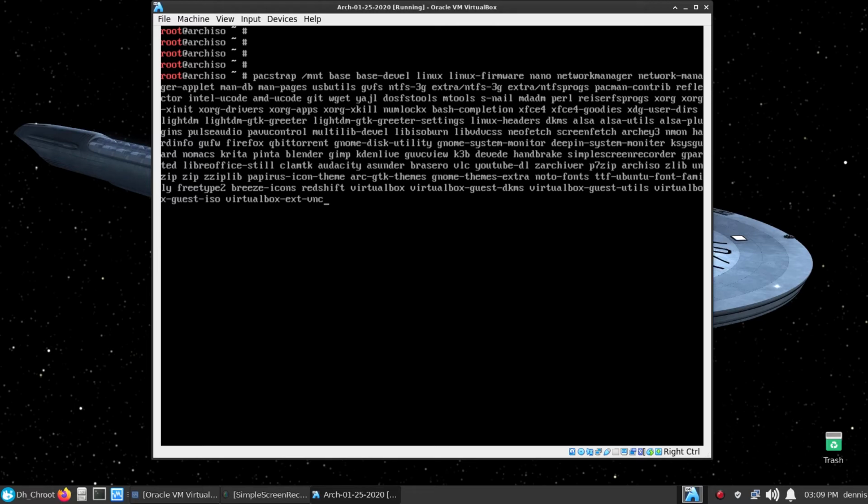base-devel, linux-firmware, nano, network-manager-applet, man-db, man-pages, usbutils, gvfs, ntfs-3g, extra ntfs progs, pacman-contrib, reflector, intel-ucode, amd-ucode, git, wget, yay, dosfstools, mtools, snail, mdadm, perl, reiserfsprogs, xorg, xorg-xinit, xorg drivers, xorg apps, xorg-xkill, numlockx, bash-completion, xfce4,